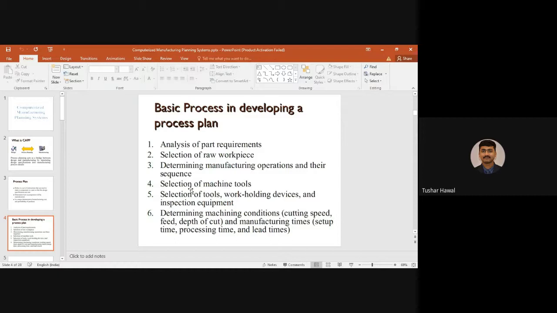Then comes determining or selection of the machine tools. What type of machines are required, and whether those machines are already available in the factory and can machine those products. Sometimes machines of the same kind are available, but the capacity or specification of that machine is not enough to machine or process the part which you have designed. So sometimes you will have to go for subcontracting, ordering the machining of that small component, because